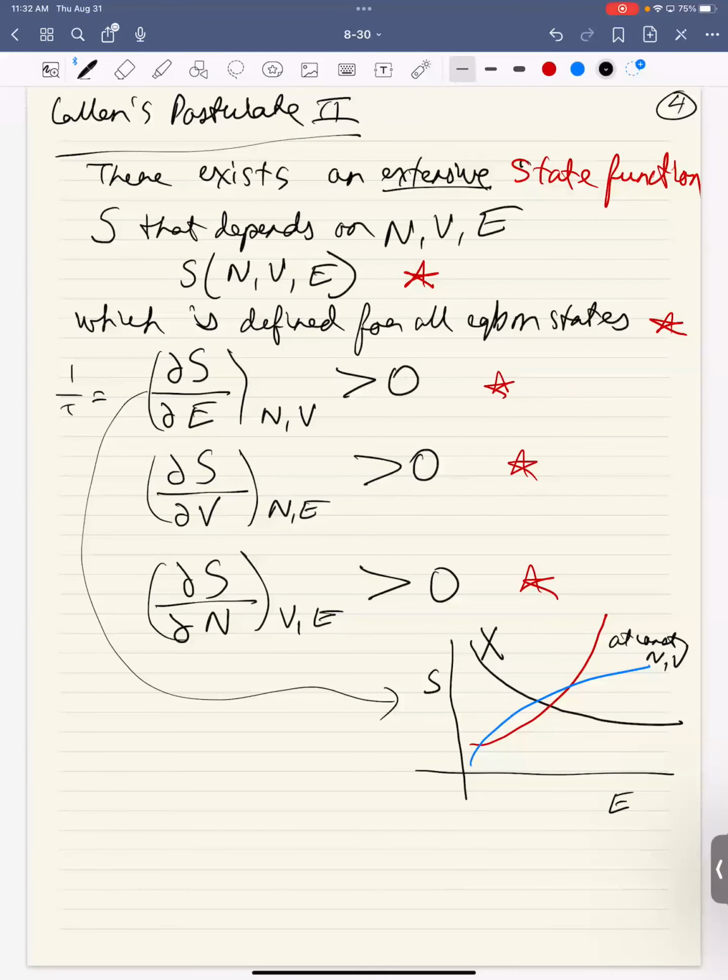So this S exists, which depends on N, V, E, and all its 3 partial derivatives are positive. Okay, these are postulates. I'm not trying to prove this at this point. I'm just trying to throw these on you. And I will give you intuition as to why they exist. I cannot prove this though, I can only give you intuition. The final one, which is a bit long, but it's important. So I wrote down 5 things that I colored in red star, and I'm going to write down the final one, which is that